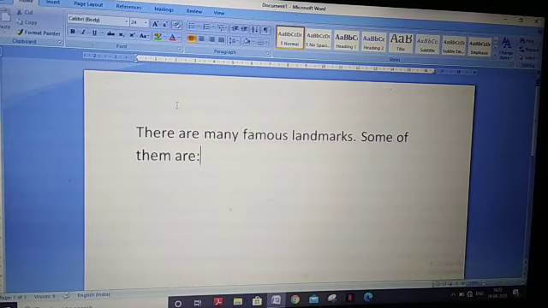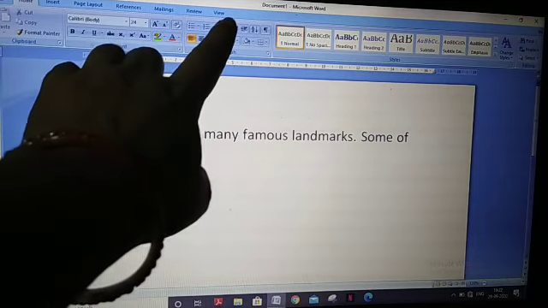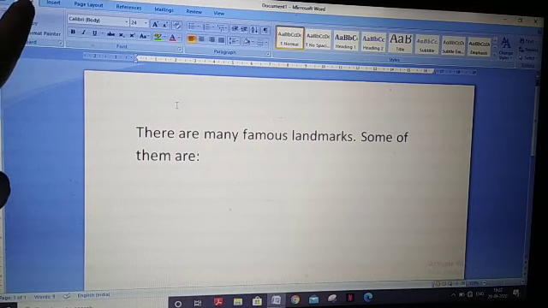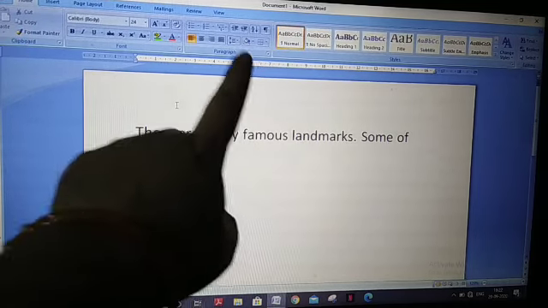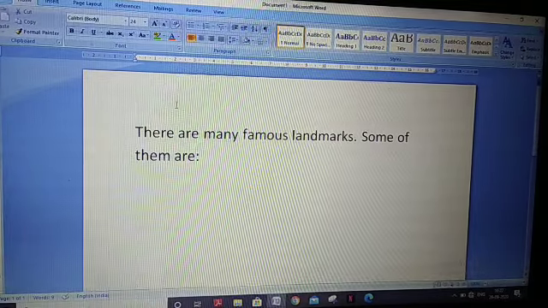Now, ribbon. You are already familiar with this ribbon. Here this is ribbon: home, insert, page layout. These are tabs: view, review. And home tab is selected, so it's showing all groups of home tab: clipboard, font, paragraph, styles, and editing. These are groups.